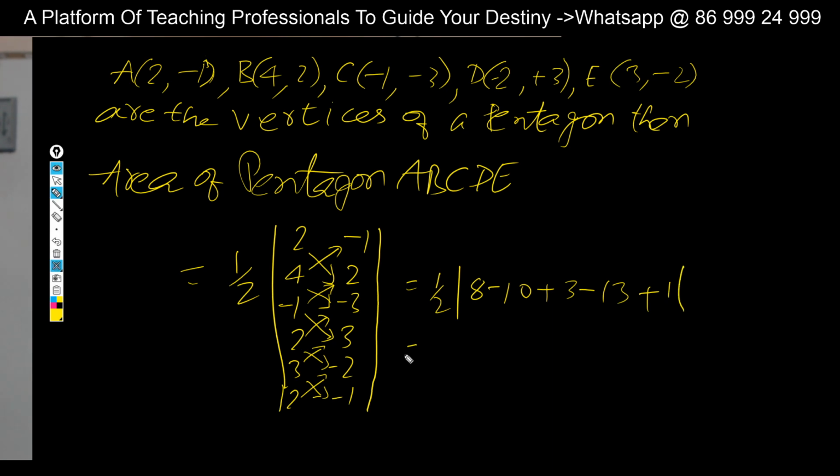So what is the final answer here? Half modulus of, this is minus 2, this is 1, 1 plus 1, 2, 2 minus 13, 11, so it is minus 11, of course modulus is there, it is 11 by 2, so 5.5 square units is the area